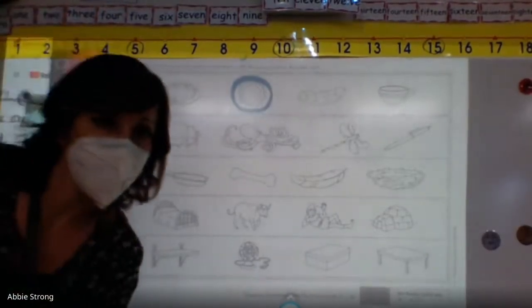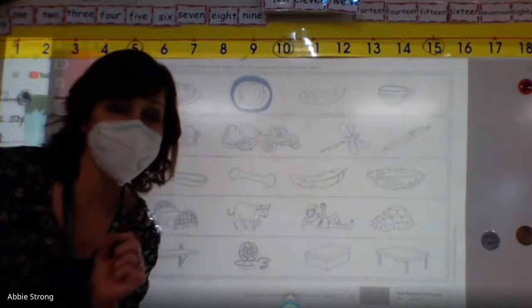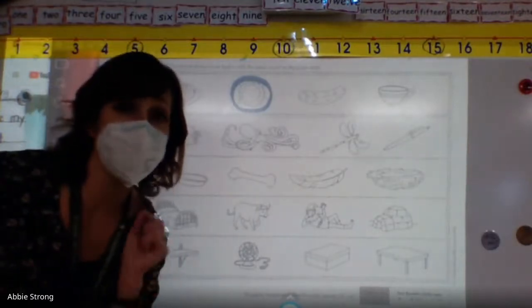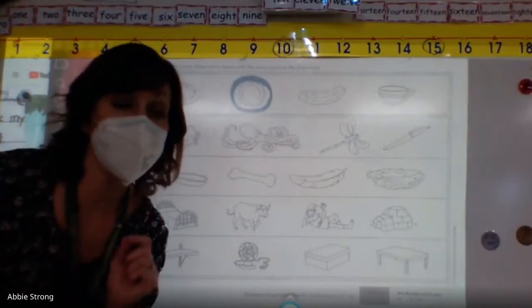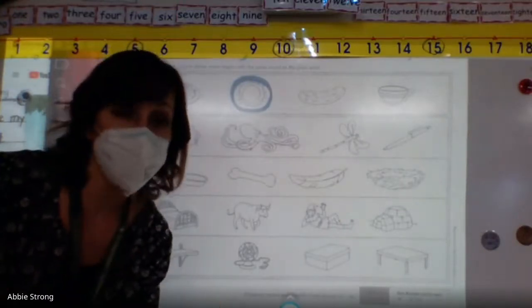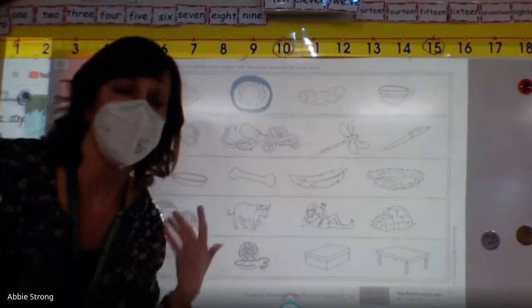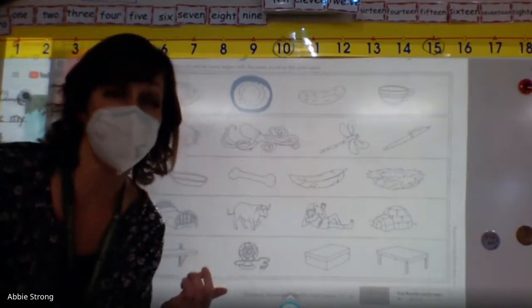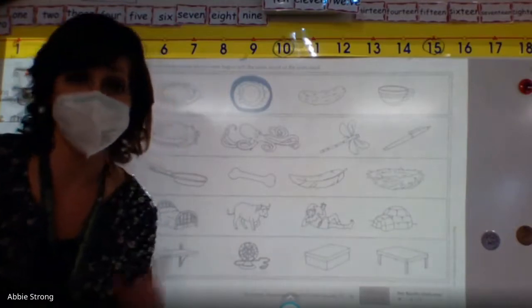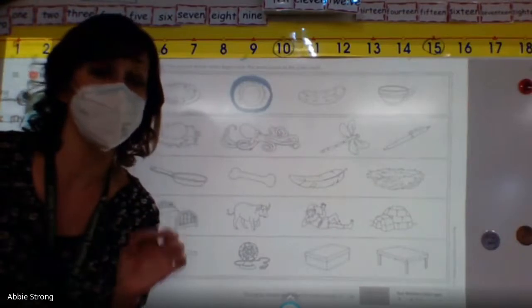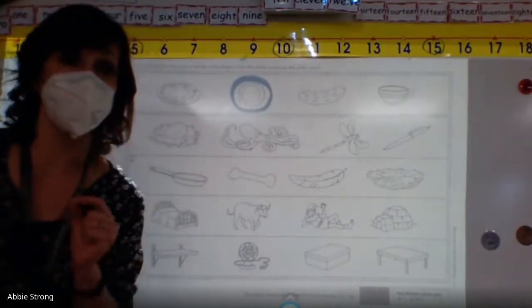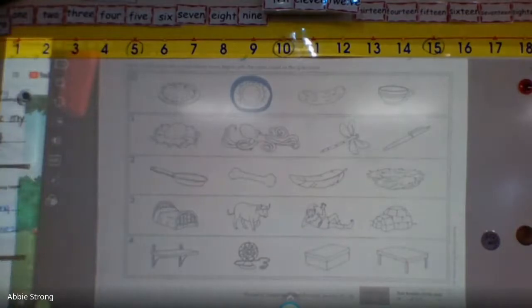Now, for my kiddos at home, what you're going to do for these next ones is you're going to draw the picture of this on your board. You're going to draw the picture of your answer. I'm not going to know what your picture is, but this is to help you the next time you get this paper of what you're going to do for our next test. So listen and draw the picture of the item that your answer is on your paper or your whiteboard. Here we go. Are you ready? Now, this one is a test question you have to do all by yourself.